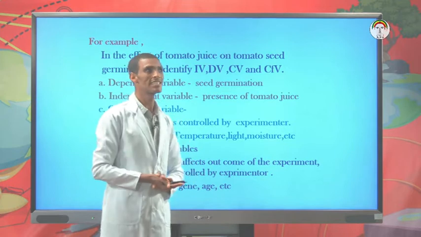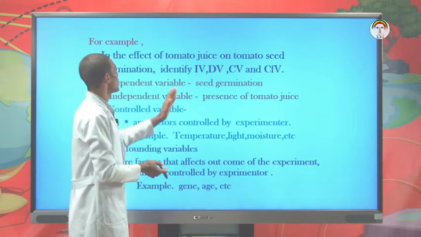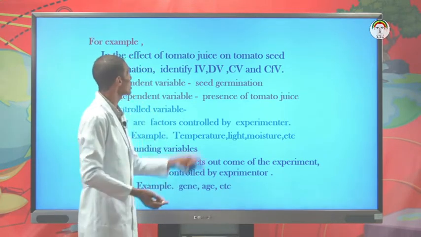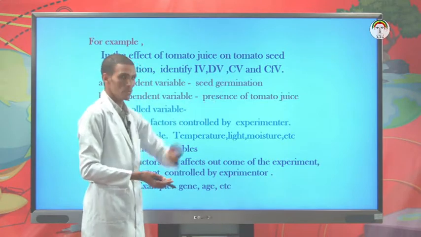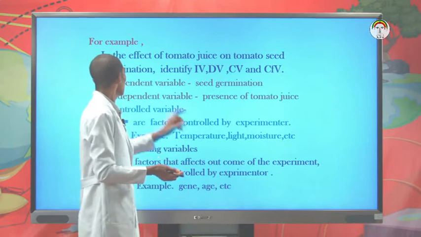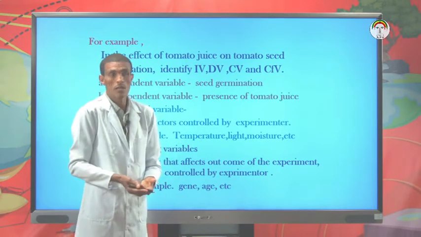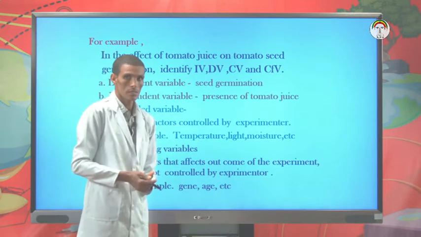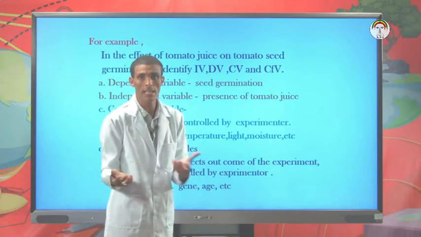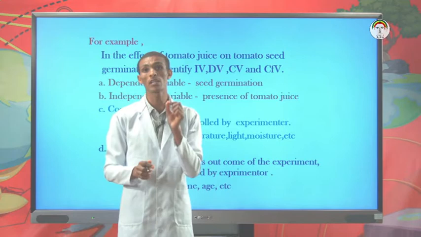Well done, student. In this problem, the dependent variable is the effect in our problem, which we call tomato seed germination, whereas our independent variable is the factor that causes it, the presence of tomato juice here. Whereas a controlled variable is a variable that can affect our problem but is held constant